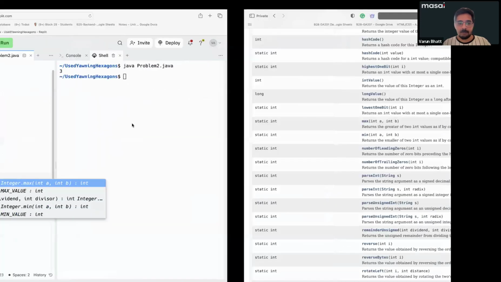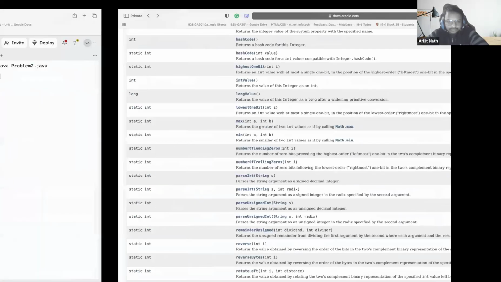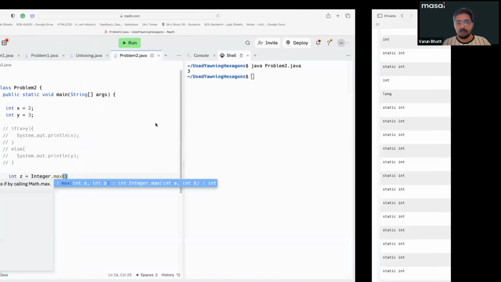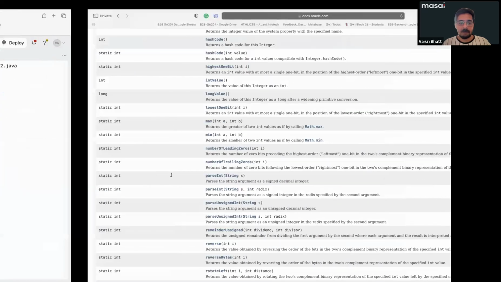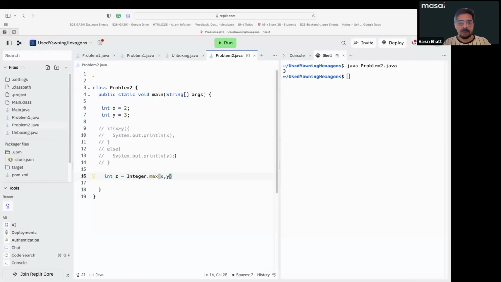What is the name of the function? Max. Yes sir. And put those two variables into the parameter. So the parameter will be x comma y. Now if I print this z,